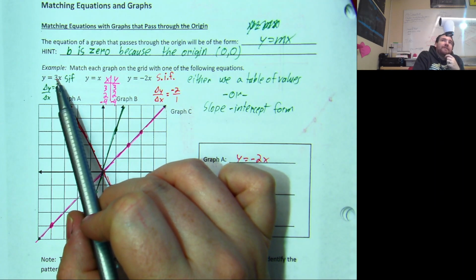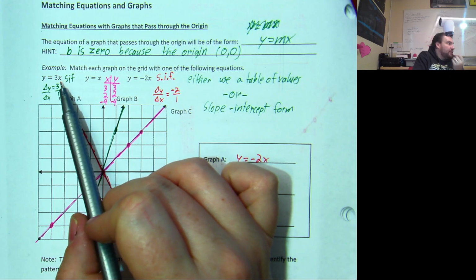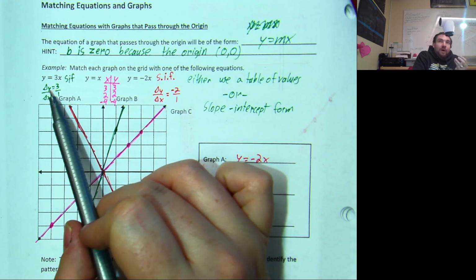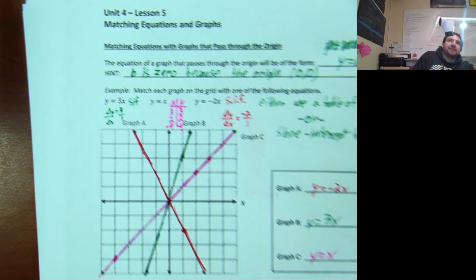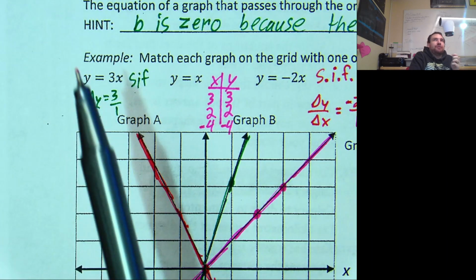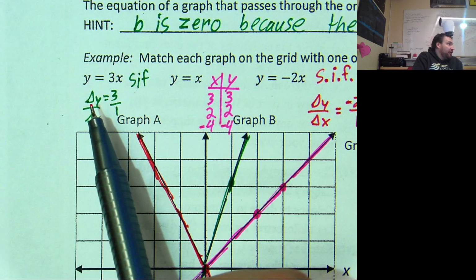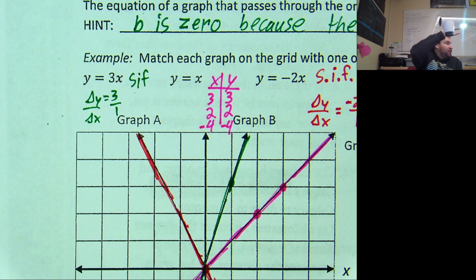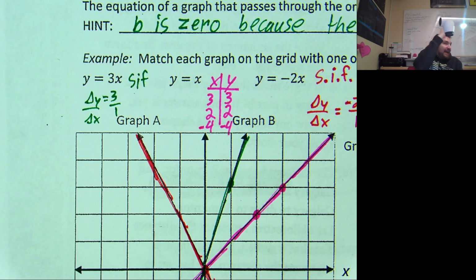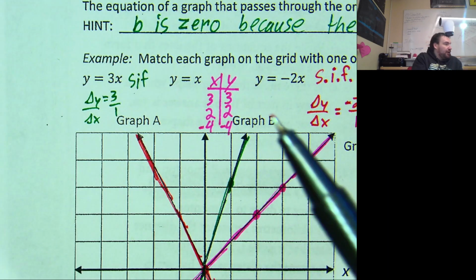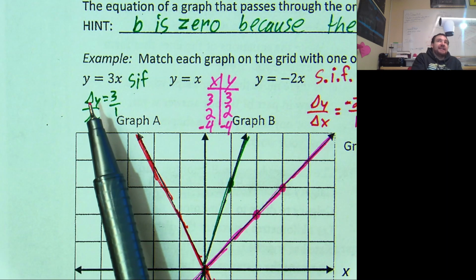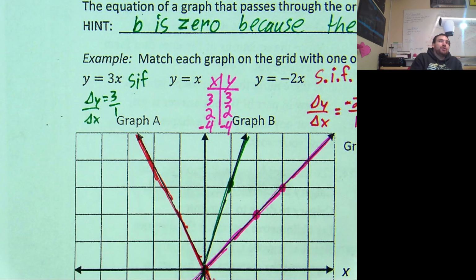So the coefficient on the x in the slope-intercept form tells you what this ratio is here. I'm going to zoom this in here. I don't know if you were here on the day we first looked at this ratio. But when we were identifying whether or not a graph was linear, we were looking at the ratio of the change in y's over the change in x. And on a table, as long as that change is consistent, the same everywhere, then our graph is linear. Well, what we were able to do is connect that ratio to